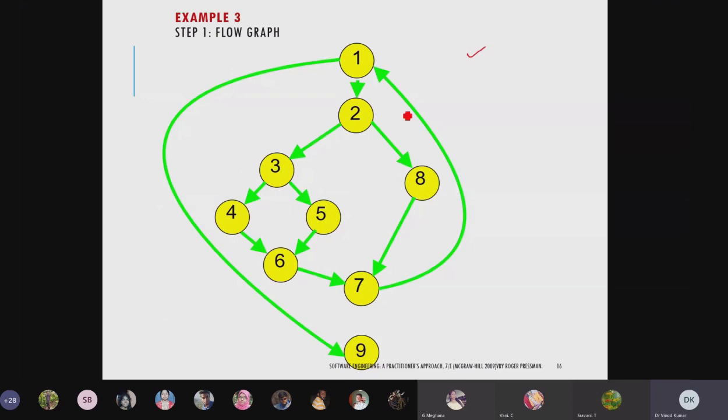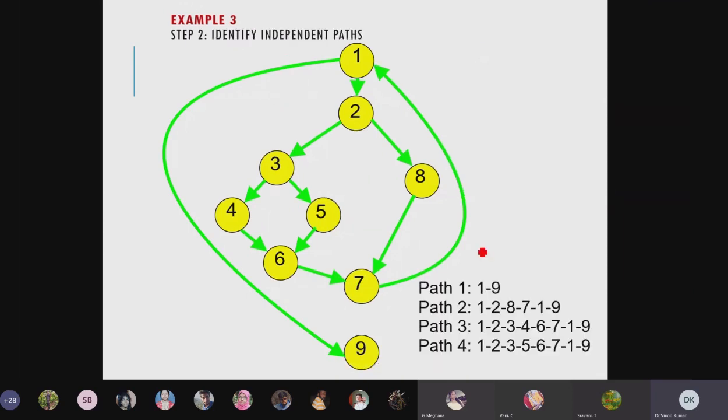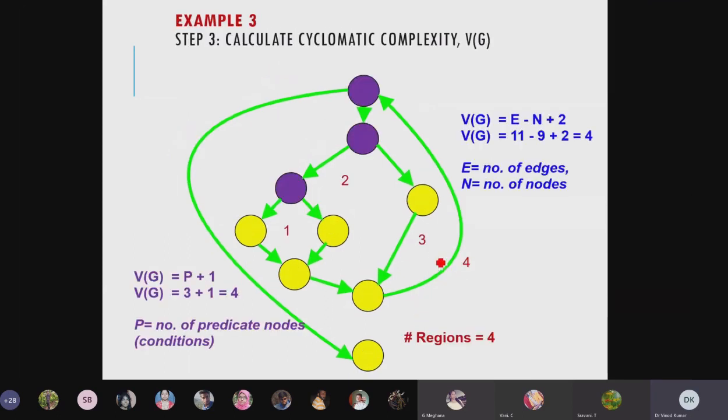See the fresh example of this one. You can look here. We can calculate the cyclomatic complexity of this one. The flow graph is there. So the number of independent paths we can find, 1 to 9. Okay, so 1 directly to 9 it is coming. Now see here, so one path will be there. You have to check for these conditions. Later on you can check for 1, 2, then you have to move in one direction. Okay, you have to complete one path, up to 7 like this. In this way you will calculate all the possible paths.